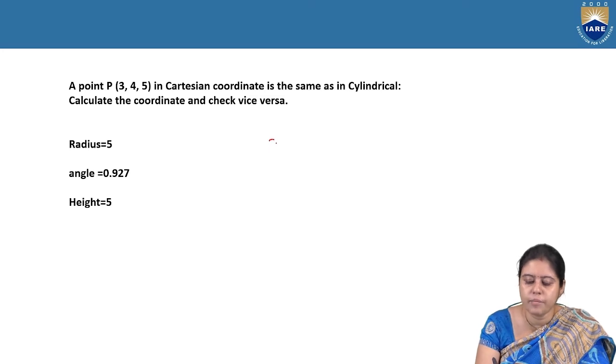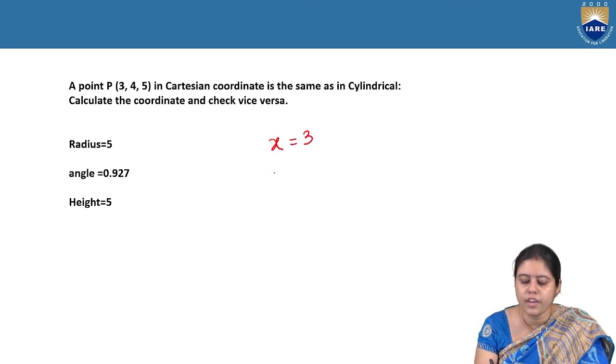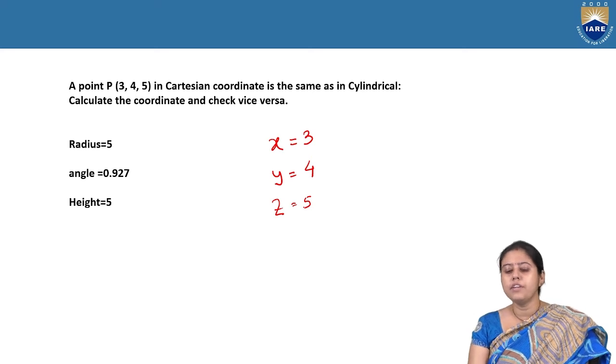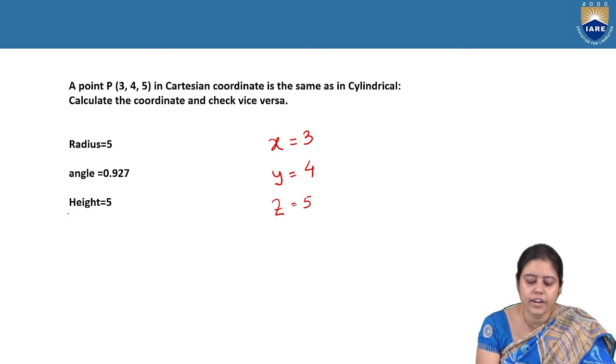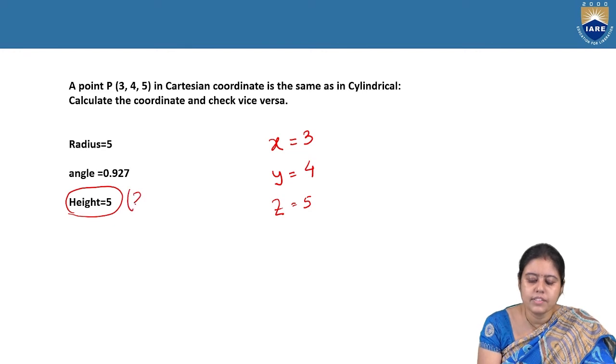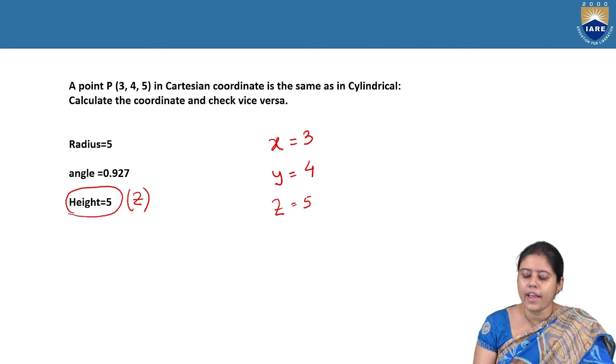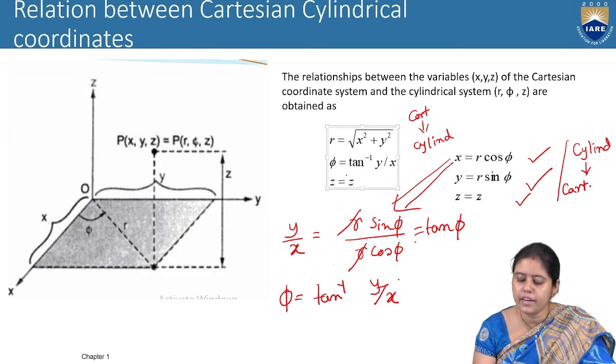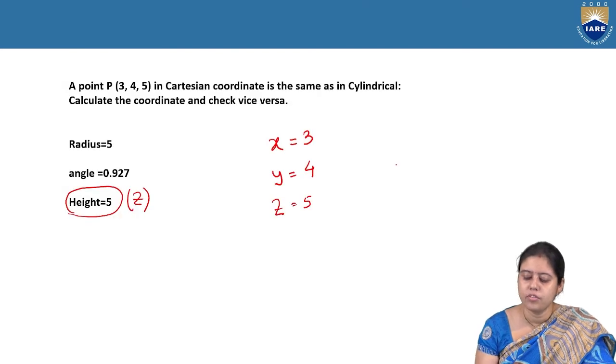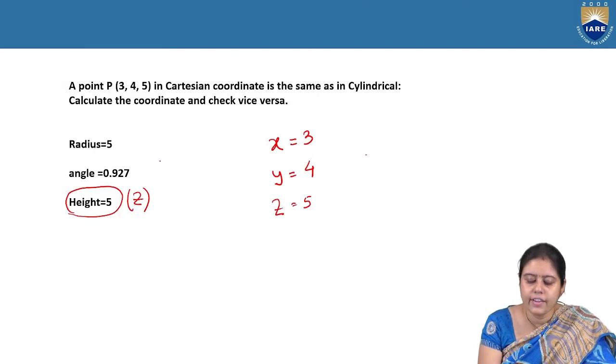Cartesian coordinate means the x value is given as 3, the y value is given as 4, and the z value is given as 5. As we know, the z value is unchanged. So for the cylindrical coordinate also, the height, meaning z, is also 5. Now if we want to calculate the angle, what is the formula? Tan inverse y by x. So what is the angle? The angle is tan inverse y by x. The y value is given, the x value is given, and it is coming